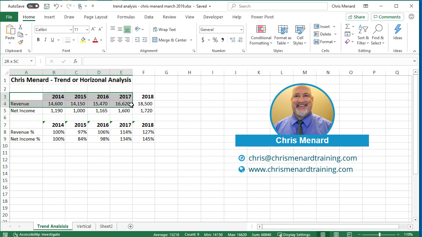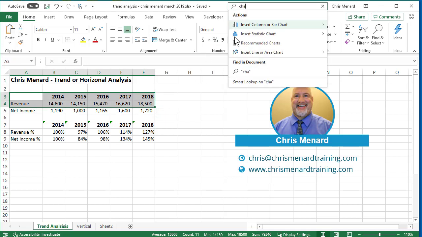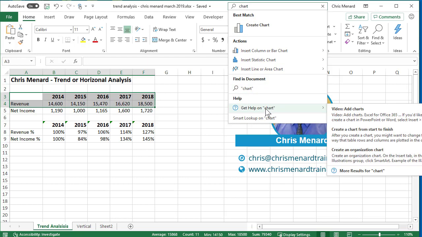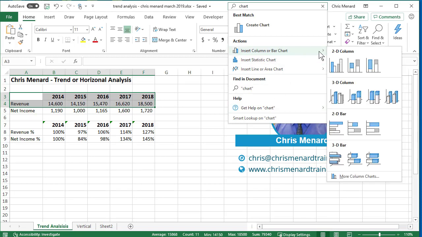I'm going to now select a range, click in the search box, and I'm going to just simply type in chart. So it'll find in my document the word chart, which I don't actually have, so it'll tell me there's none. I can get help on chart at the very bottom, and that'll take me specifically to the help files. There's a video and there's text instructions,